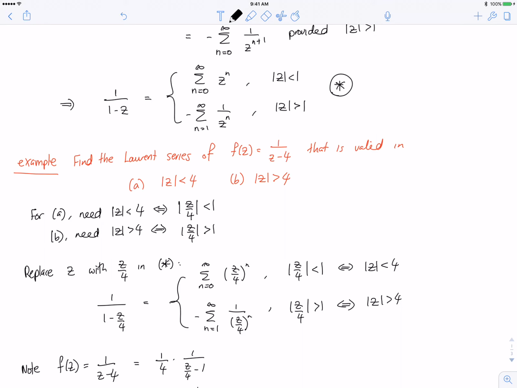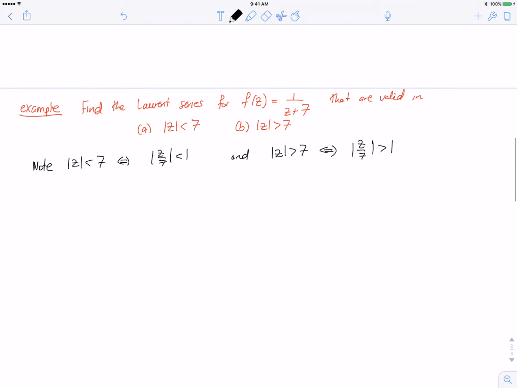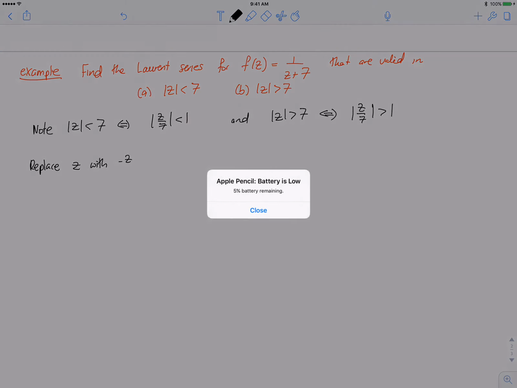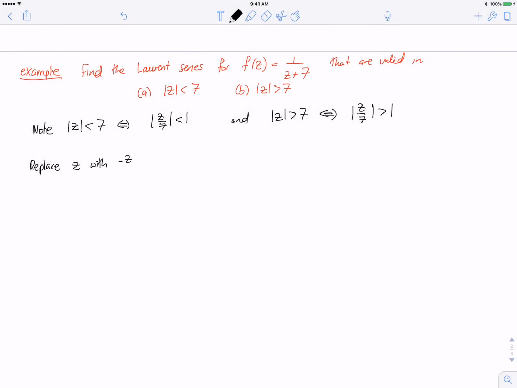That won't actually work. The reason it worked last time is because I had z minus 4 on the denominator. But now I don't have a minus on the denominator. I have z plus 7. And the trick in this case, instead of replacing z with z on 7, the trick is to actually replace z with minus z on 7. Okay, so if I replace z with minus z on 7,